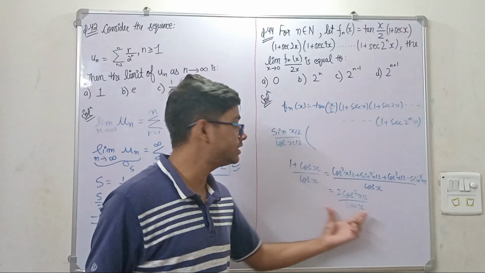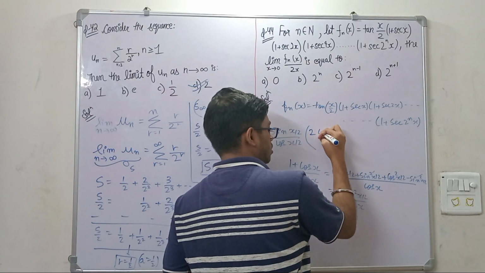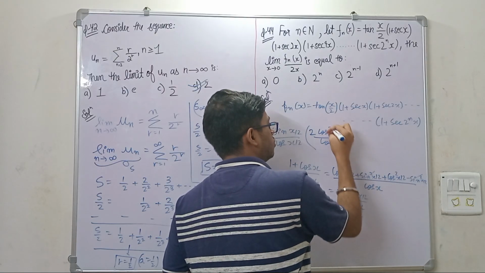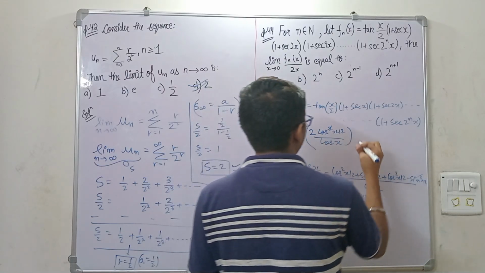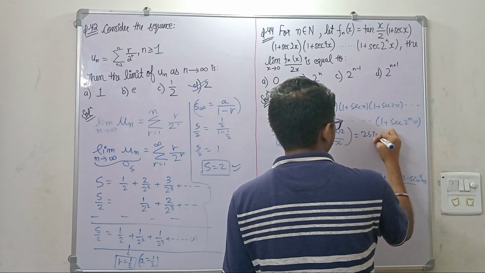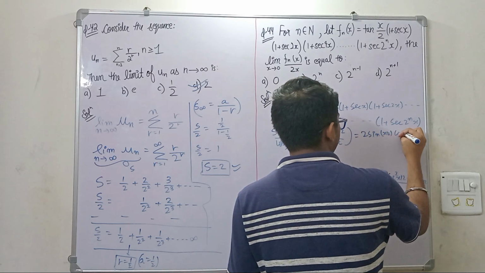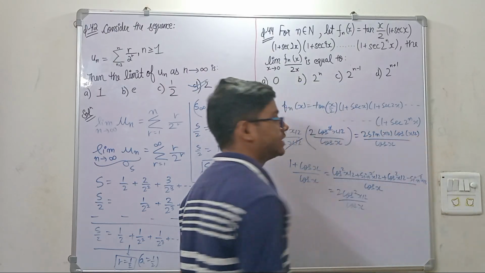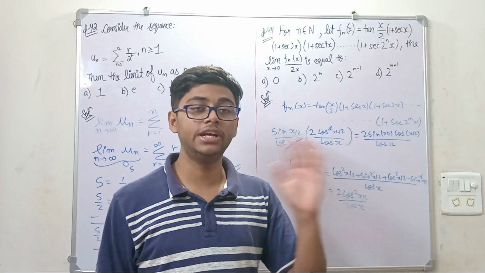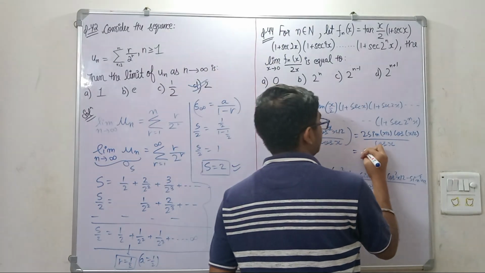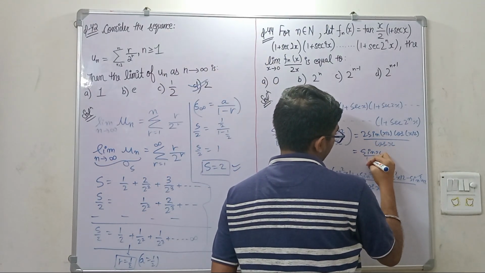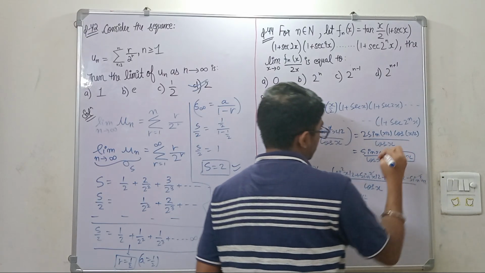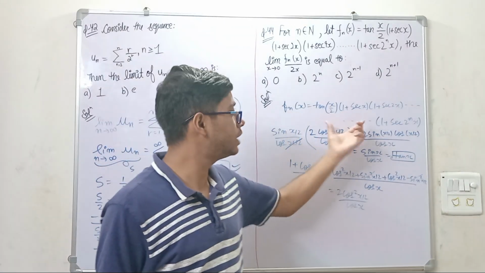Means you can substitute this in terms of this. So substitute here 2 cos square x by 2 upon cos x. Okay, so this will be cancelled, and what will remain here? 2 sin x by 2 cos x by 2 upon cos x. What is this formula? Sin 2x. But here x by 2 is there, so sin 2x upon 2 means sin x. And this will be sin x upon cos x, which is simply tan x. Means if you take these two terms together, then you get tan x.